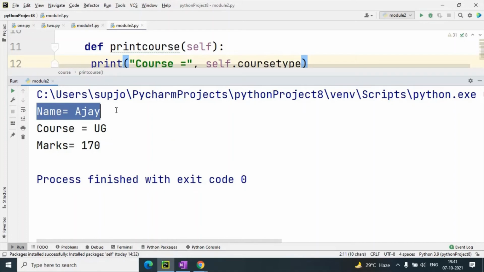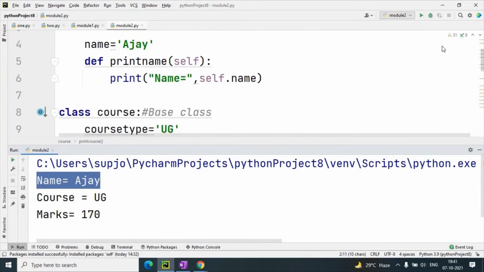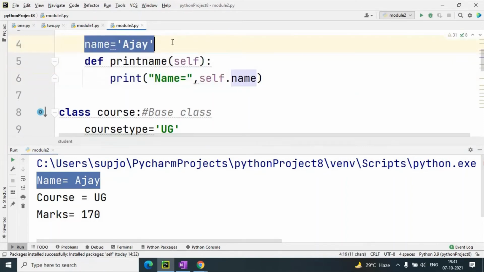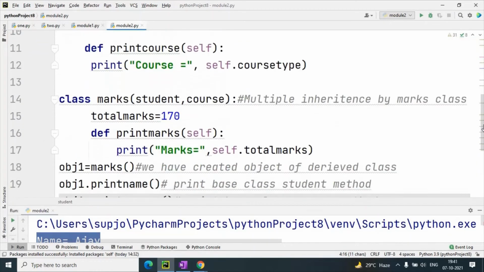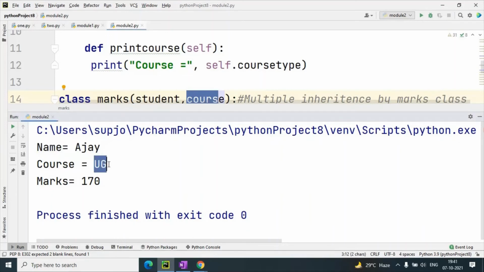and name Ajay is a property of the base class, and we are accessing this base class property using the base class method. That is, the base class method is print name. Now this print name and this property name Ajay are available to this derived class marks, and same for course, the second output, that is course equals to UG.